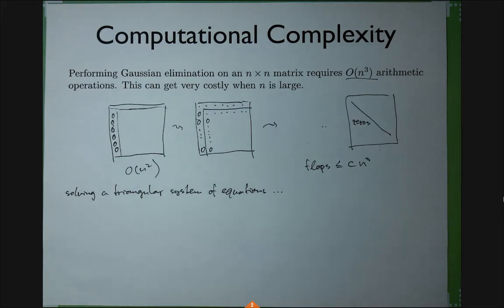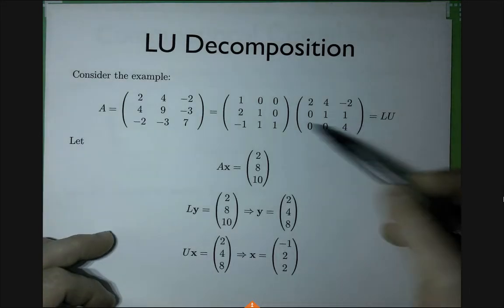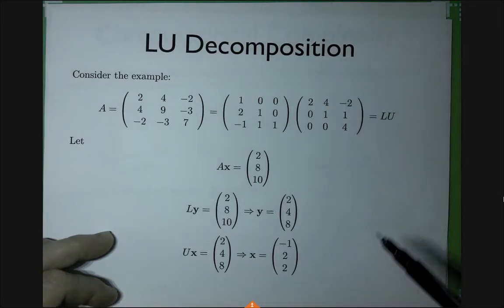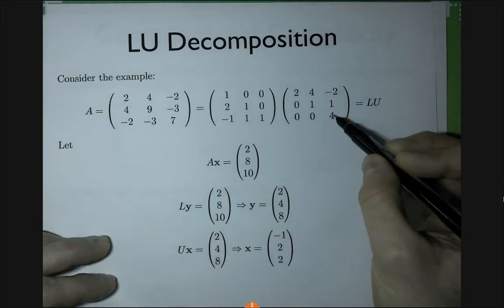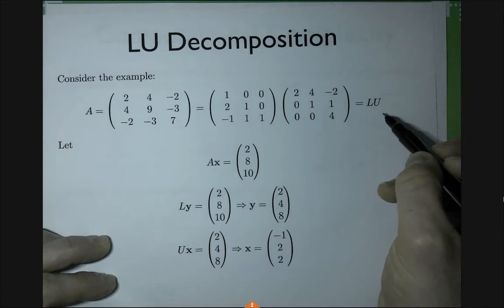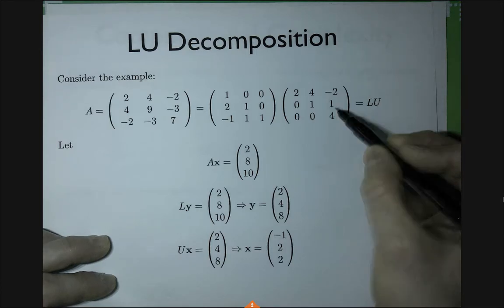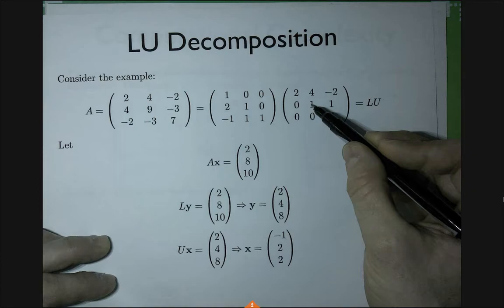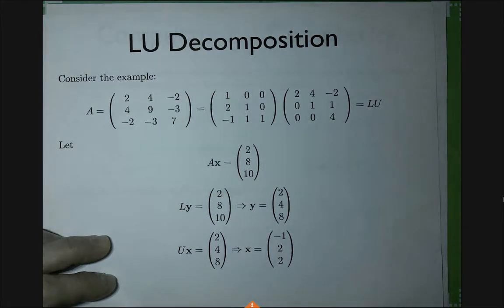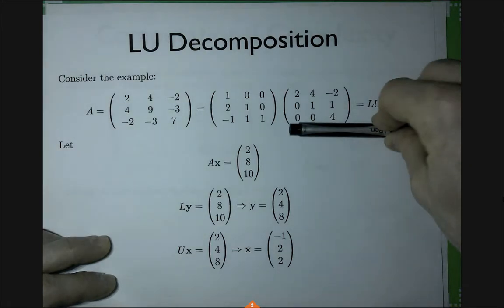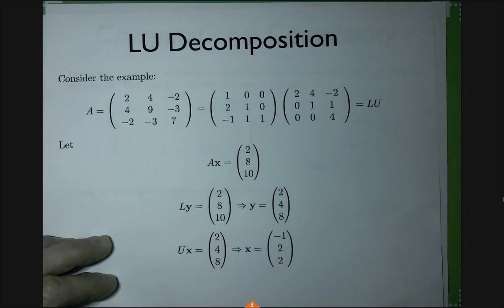Well, I assume you can generalize from the 3 by 3 case to any case, right? So how does it work? You start here, you just compute the z directly, right? Then you take it, plug it in here, compute the y, right? Then you take these two values, plug them in here, and compute the last one. So this is nothing but a sweep through the entire matrix, right?